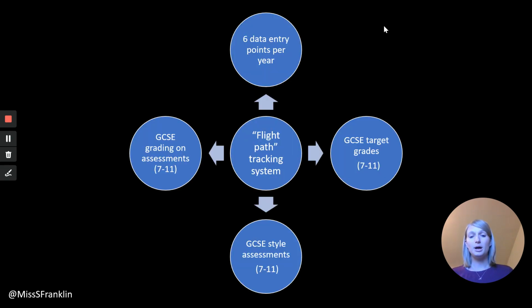So we're going back to what we had before, and as you can see, we've got 6 data entry points a year, and then a flight path system based on GCSE target grades given to pupils from year 7 right through to year 11, setting GCSE style assessment papers and questions, and using GCSE grading on any pieces of work that were assessed. So a year 7 would be told they'd completed their work to a standard of a 3, for example. And this caused many issues, but the initial reasons that I wanted to look into changes to the